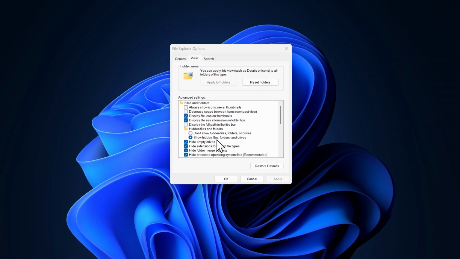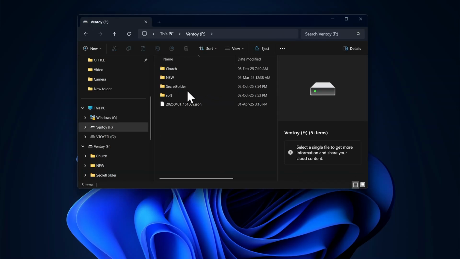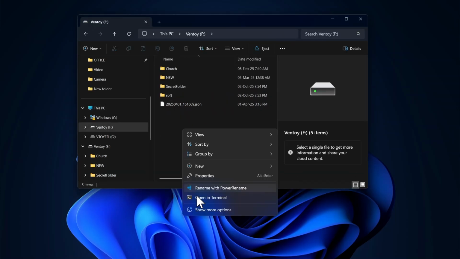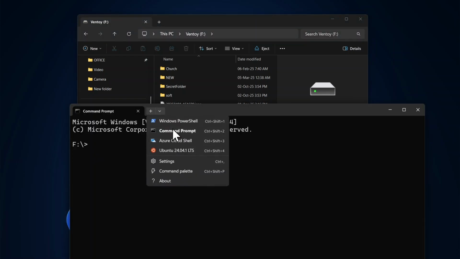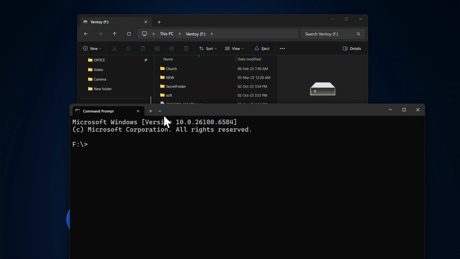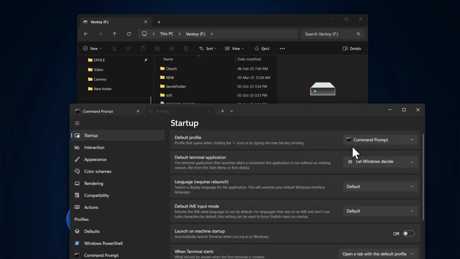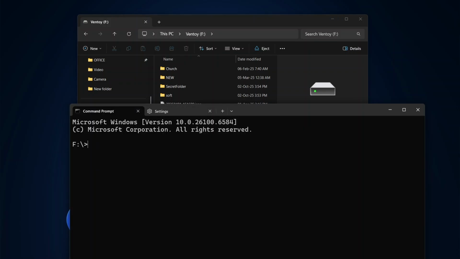Let me demonstrate this on my pen drive. I have a file here. So what you need to do is open your terminal. If you don't have command prompt here, just click in here and select command prompt. Or better still, go to settings and change your default profile to command prompt. We can achieve this with just a simple command, which is attrib +H